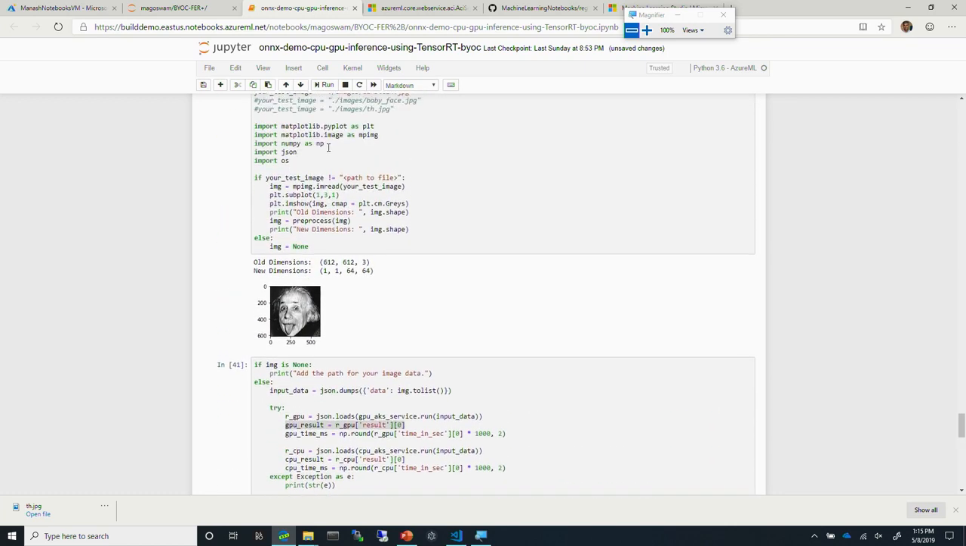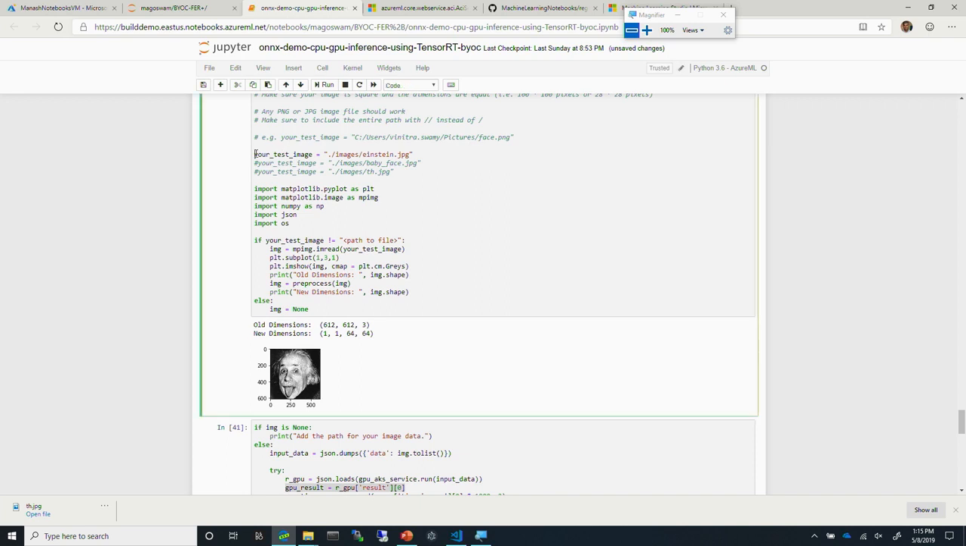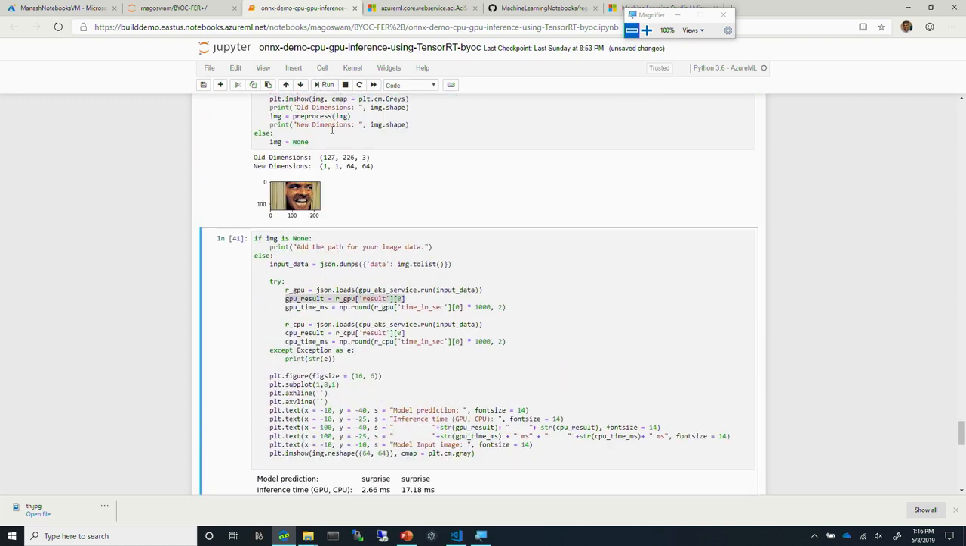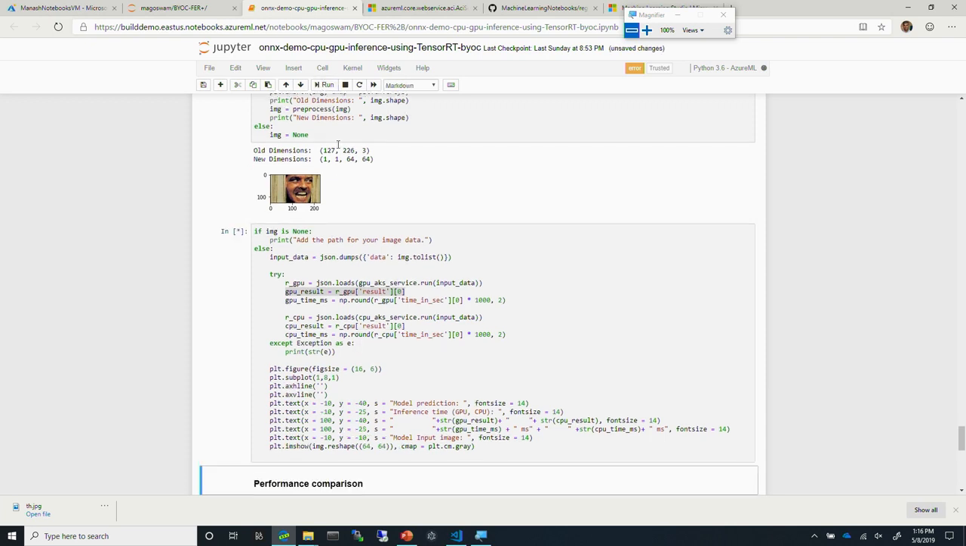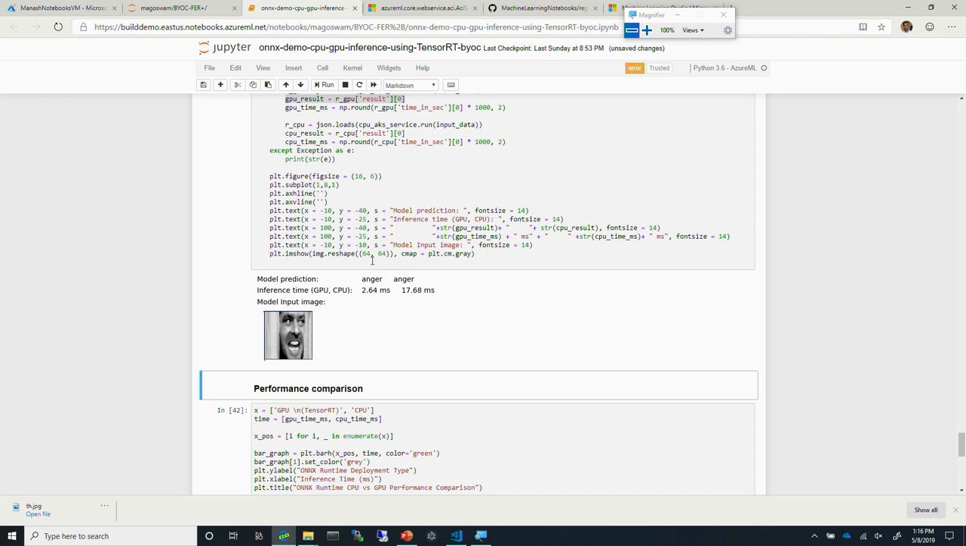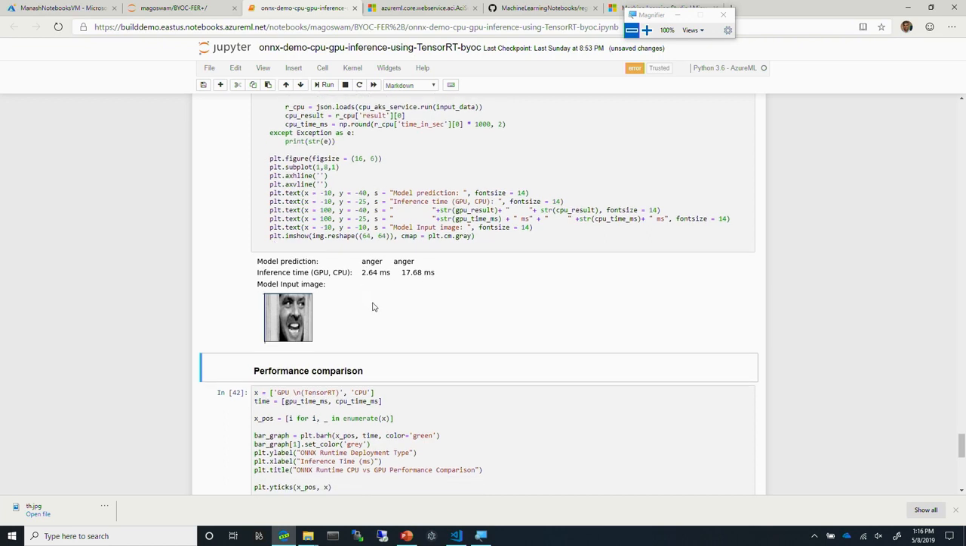What I'm going to do here is go back, change that code, and use this test image that I pulled from the web. So this was a test image. Very different, right? And then again, send it to my CPU and GPU endpoints to see what the expression is. Okay, it's anger, and therefore you see the inferencing latency differences. So switching back,